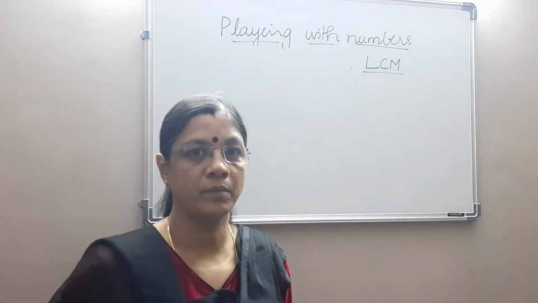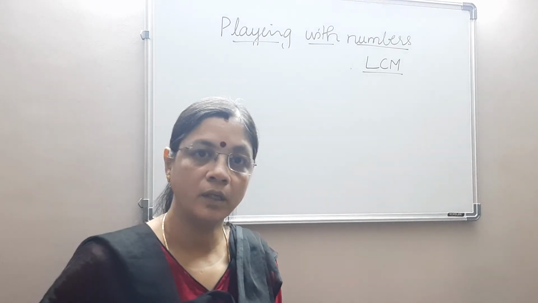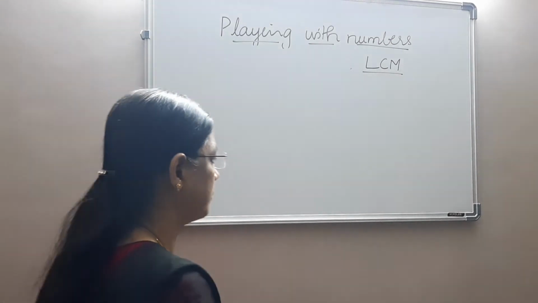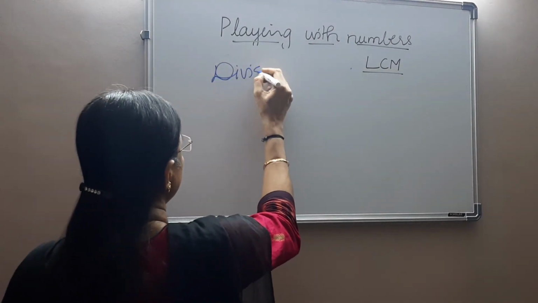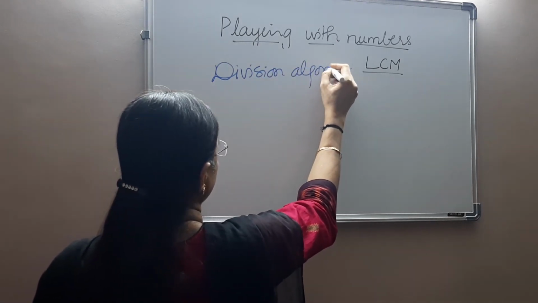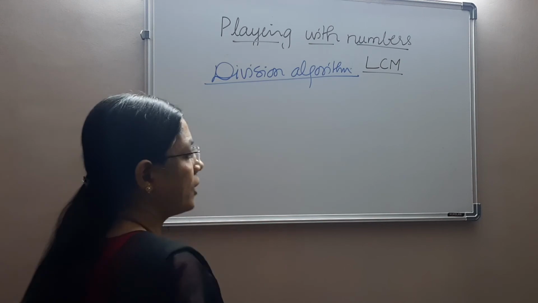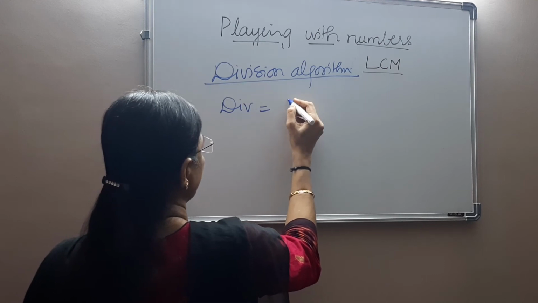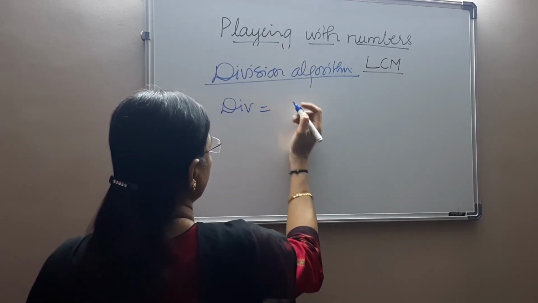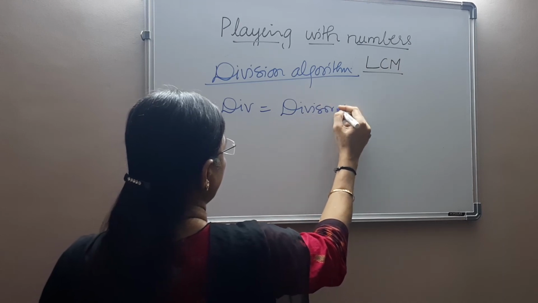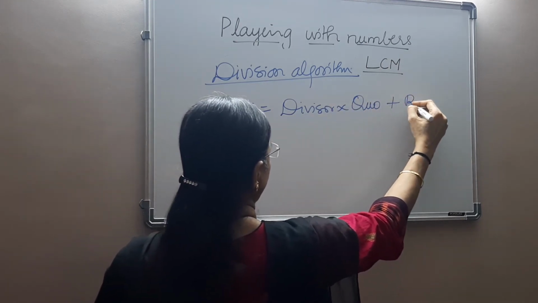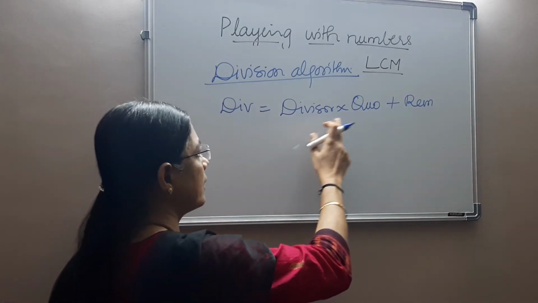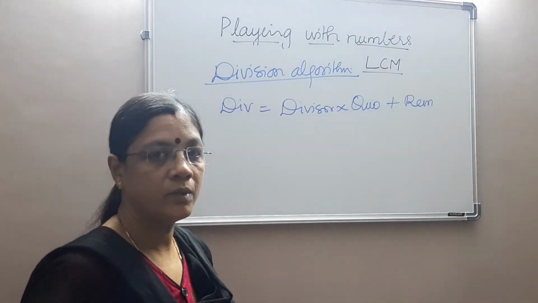We saw the factor tree method to find prime factors, then the short division method to prime factorize, then the long division method, then Euclid's algorithm. The last one is we apply the division algorithm to find HCF. So what is the division algorithm? I think you would have studied this even before. We know dividend is equal to divisor into quotient plus remainder, isn't it? You can recall what you have studied. By this way too you can find the HCF.